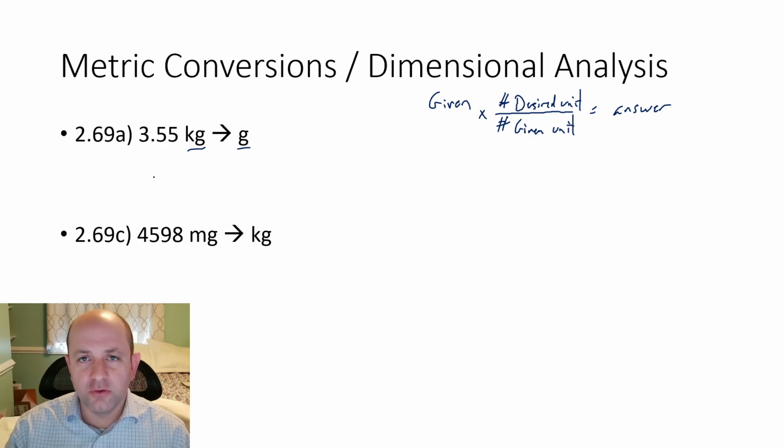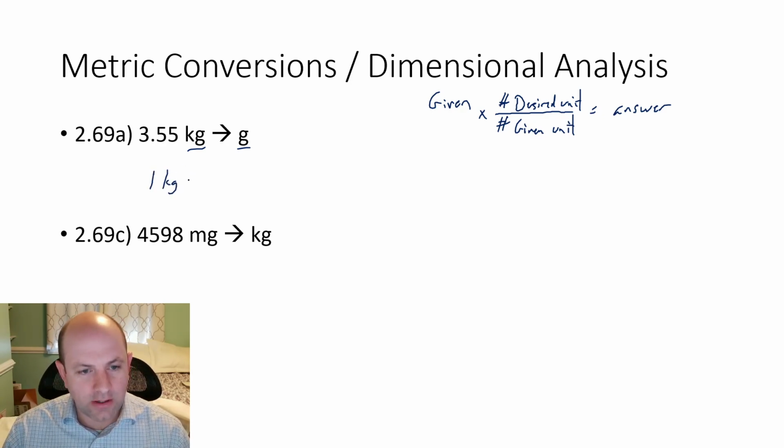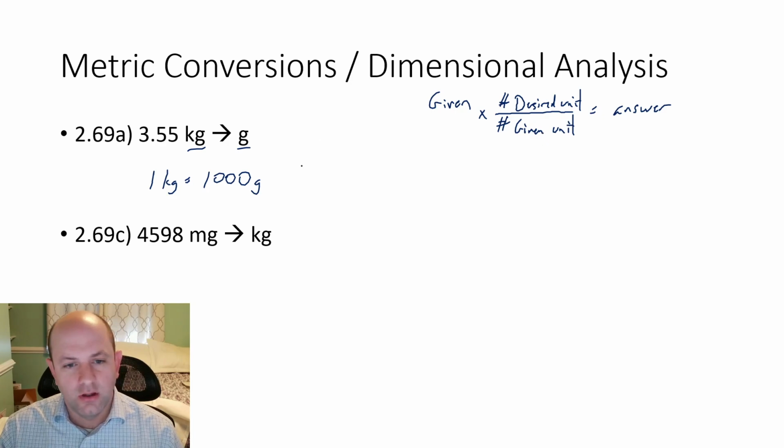I always prefer to look at it as saying, let me have one of the larger unit, and then equals how many of the smaller. So I have 1 kilogram, because kilo means 1,000, is equal to 1,000 grams. And so that's my conversion. I'm going to multiply or divide by this somehow once I know where to put things. All right, so now once I have that, let me take my given,